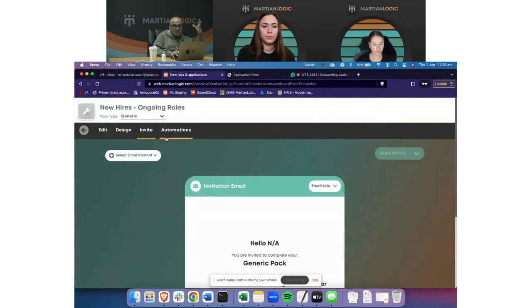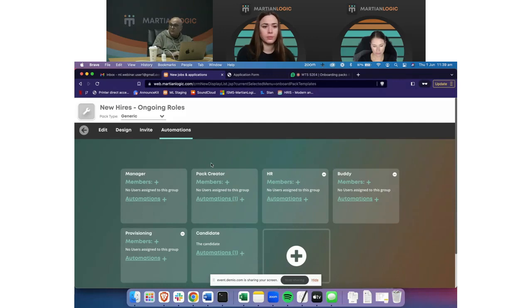And then finally the automations, and that brings us to the second part of what we wanted to do here. You can also customize who the stakeholders are that you want to notify that this pack is either sent or completed, etc., which we will spend 20 minutes explaining. But at high level, for now, these are the automations. For example, you want to notify the manager and the payroll team and the IT team that this pack has been completed, meaning Jason has completed their pack. That means they will be starting with us in 4 weeks' time. If we can just keep it like that until we drill into it in 2 minutes,